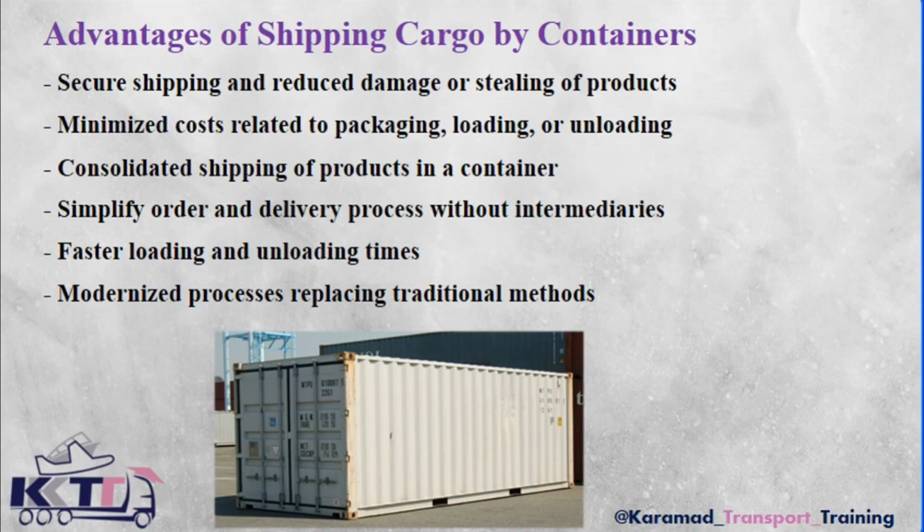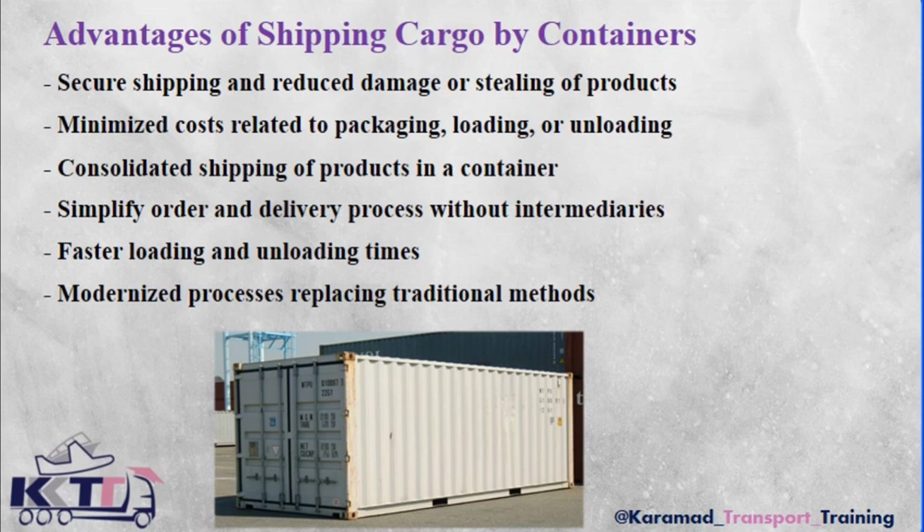The second item is minimizing the costs related to packaging, loading, and unloading goods. We know that, in fact, handling and loading goods in large volumes is a very costly task, and if it is done by human labor, it becomes even more expensive. In container yards, we see that this work is carried out by highly advanced machinery, such as cranes, gantries, and fully modern equipment, which significantly reduces the cost of loading and unloading. Also, with the standardization of products in containers, you can load a single type of goods in very high tonnage into one container. For example, you can load and ship up to 22 or 25 tons of a single product in one container,